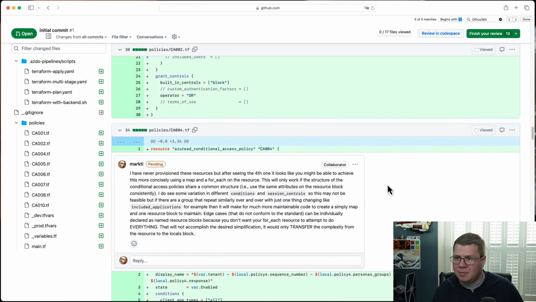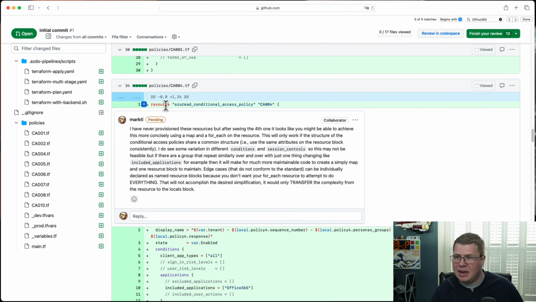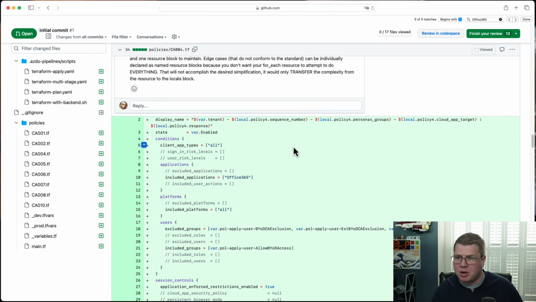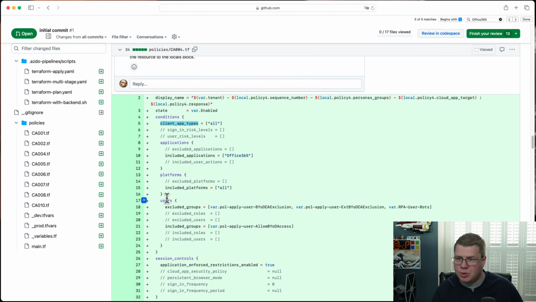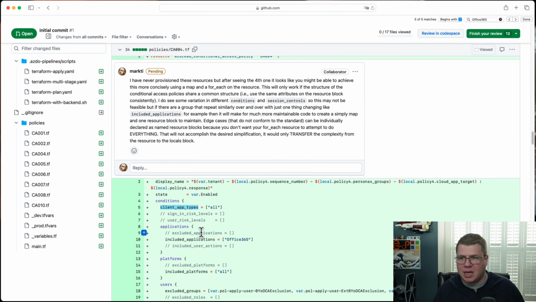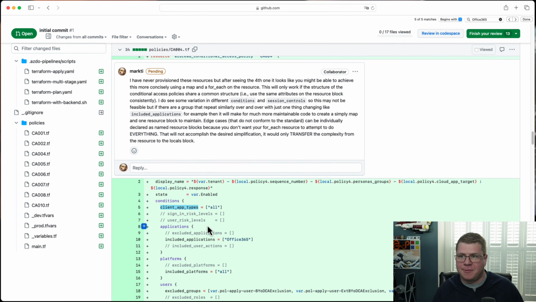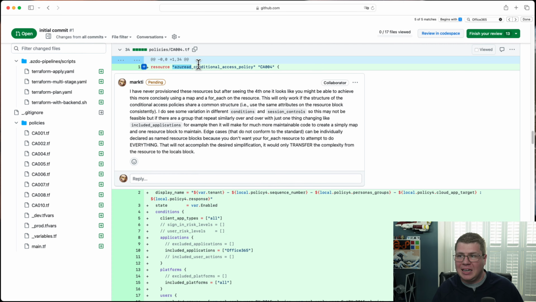Moving on. What do we got here? So again, we've been seeing a lot of these conditional access policies, and they all have the same structure. They've got a conditions block, which has client app types, applications, platforms, users, and session controls. Now, my recommendation here is if you see a certain resource type manifest in individual or standalone resource blocks that